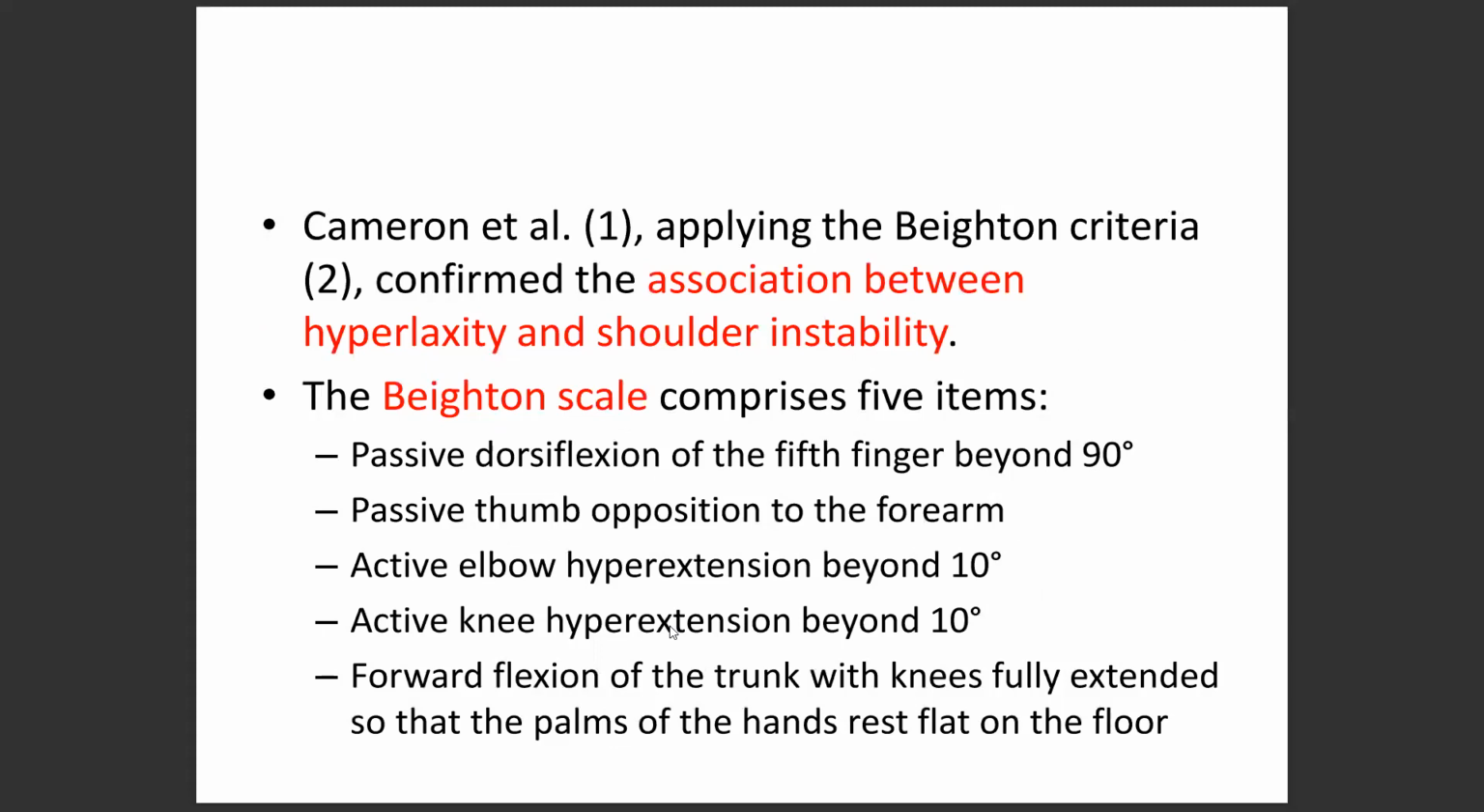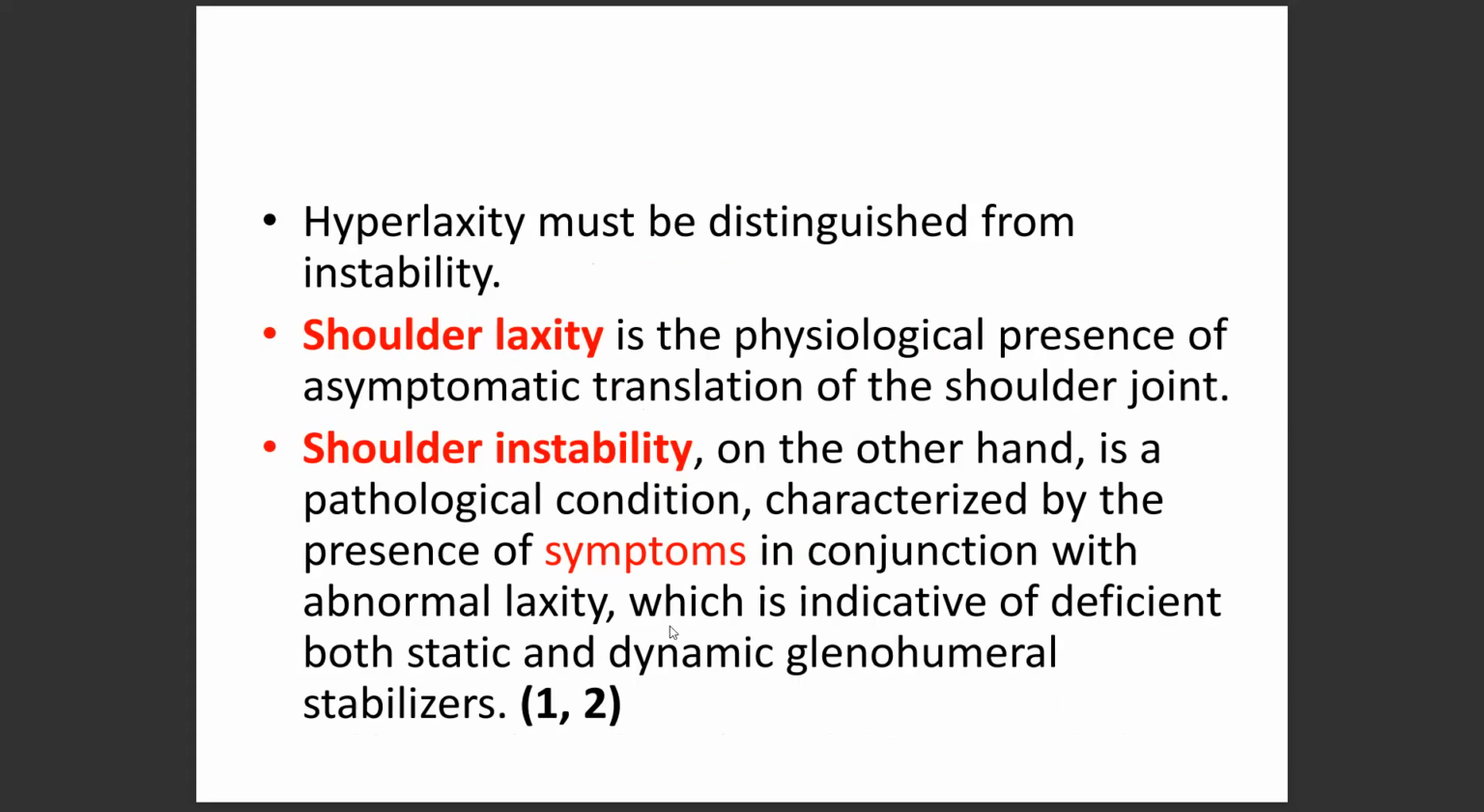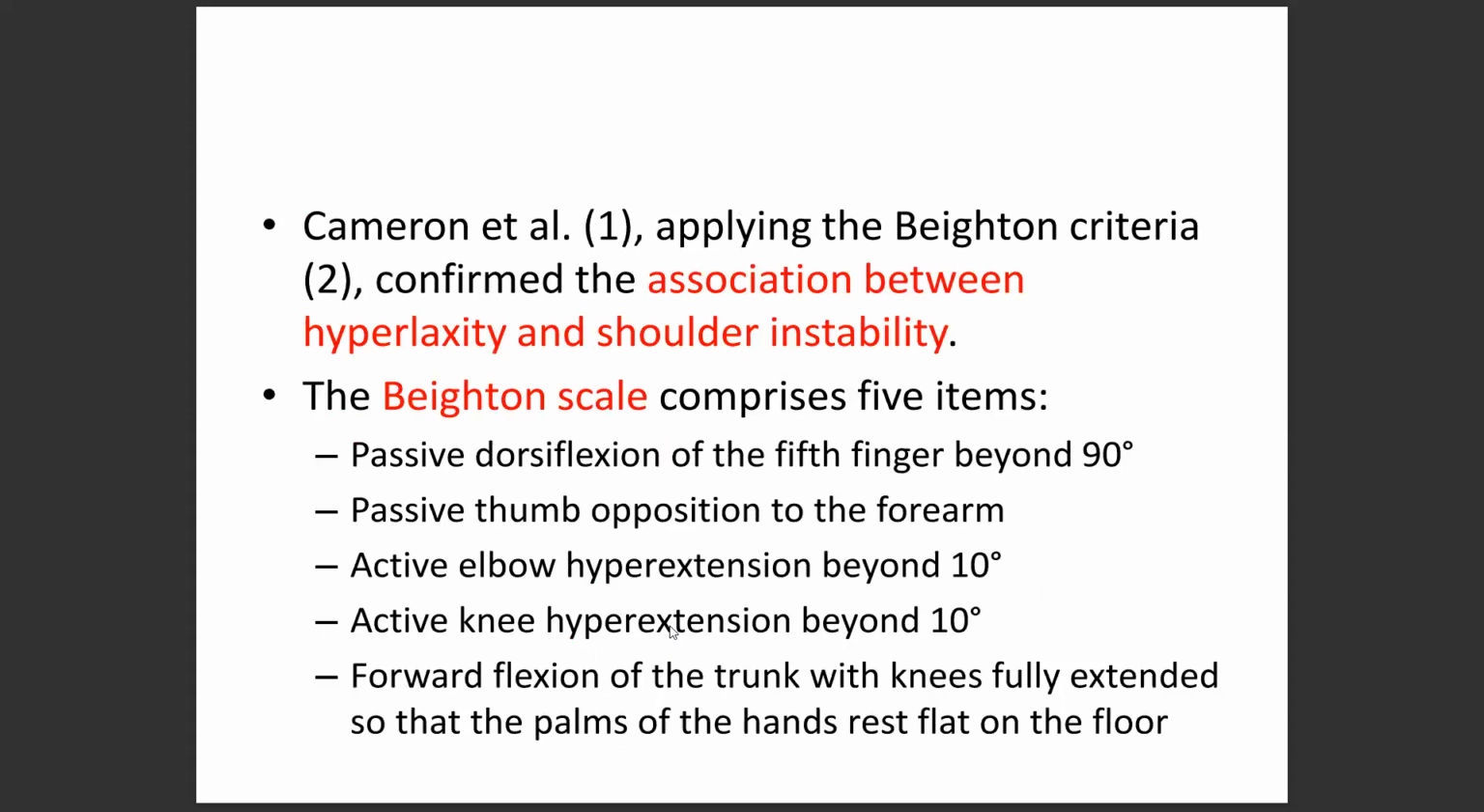Static stabilizers mean the capsule and the ligaments, while dynamic glenohumeral stabilizers are all the muscles surrounding the glenohumeral joint, specifically the rotator cuff muscles. Cameron et al. applied the Beighton criteria to confirm the association between hyperlaxity and shoulder instability. The Beighton scale comprises 5 items, and these 5 items are passive dorsiflexion